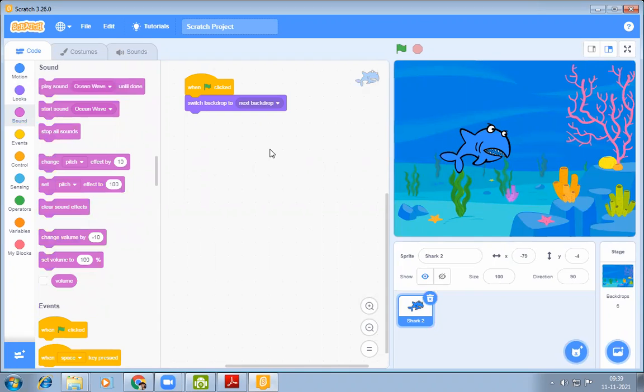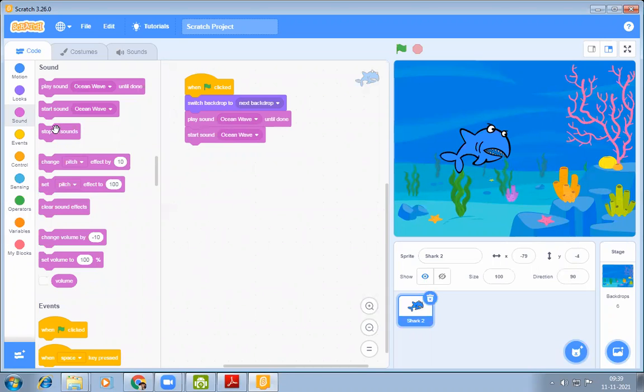Here you have to drag it. It means the ocean wave sound will run in the background. Then start sound ocean wave. Okay. It means while clicking on the green flag, background changes, sound ocean wave will run.